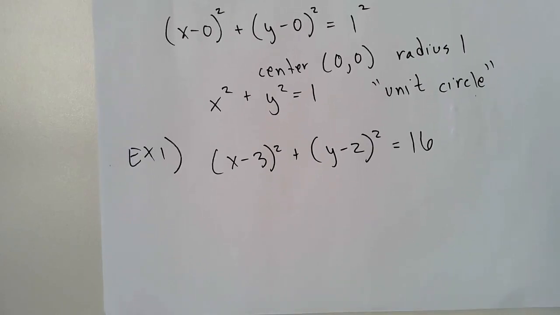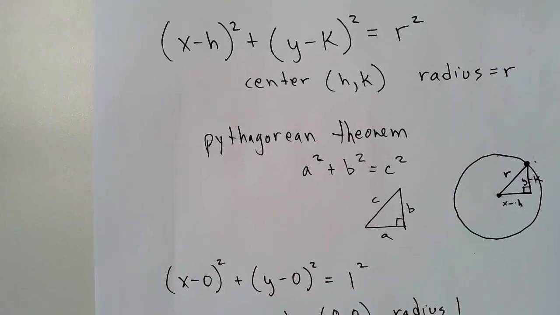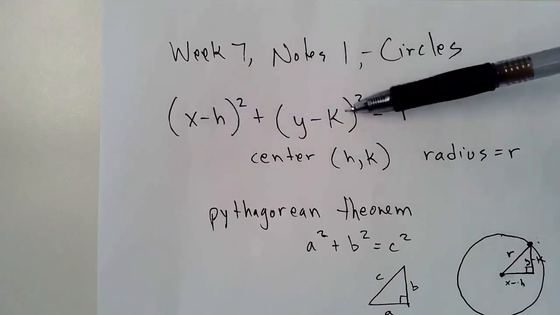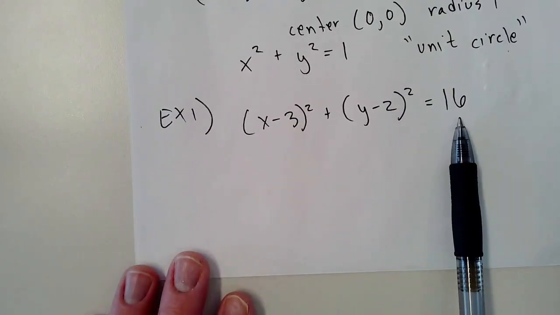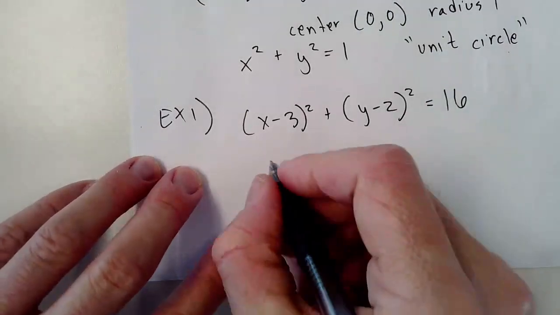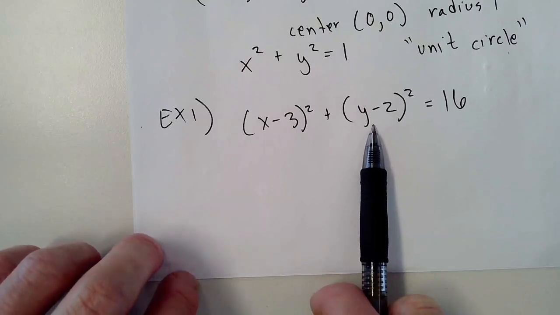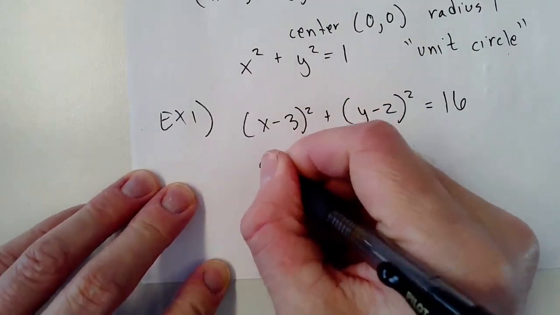Radius, and can you draw a sketch of this graph? All right, so if you look back up at the top here, you have this equation, and the center is (h, k), the radius is r, not r squared. So this right here is r squared. Our center would have h being opposite, and k being opposite, because it's opposite of h and opposite of k. So our center would be